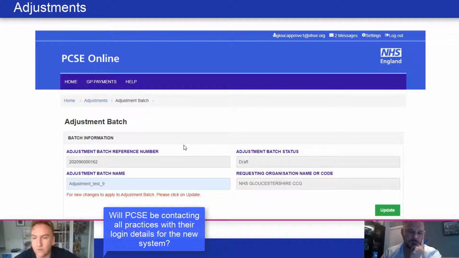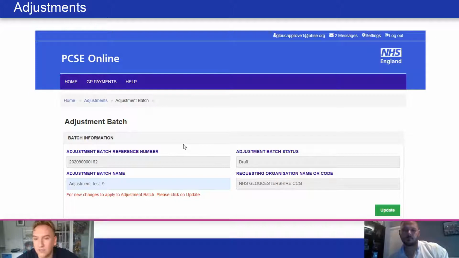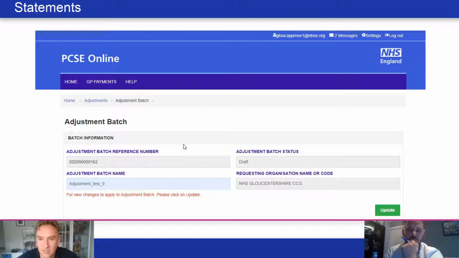So what we've done is we've set user administrators up at each practice based on their Open Exeter logins. And it's that user administrator's responsibility to set up the additional users within the practice. Much like the exercise that we've gone through with getting the commissioners registered, you have to decide who it is in the organisation who should be able to do what, because PCSE, we don't want to make the decision and